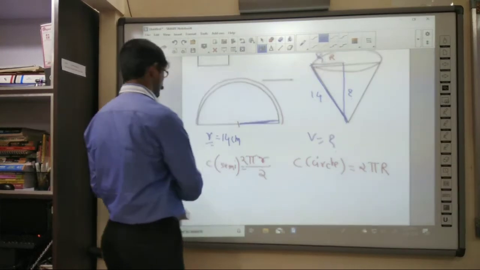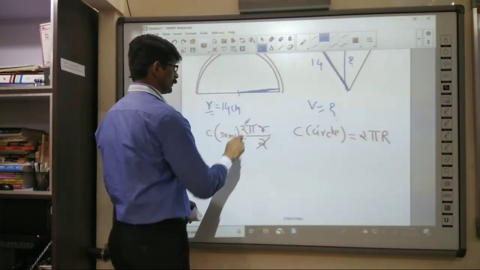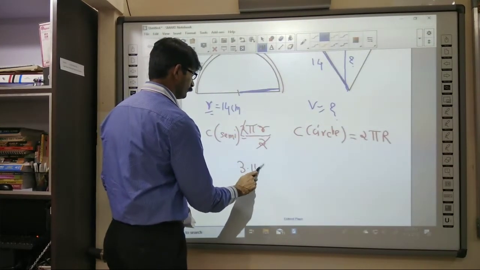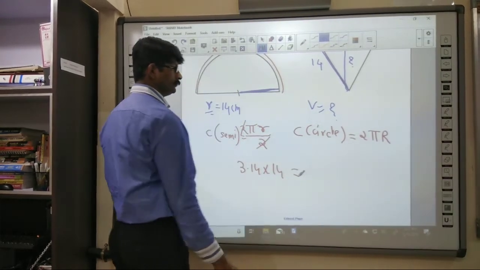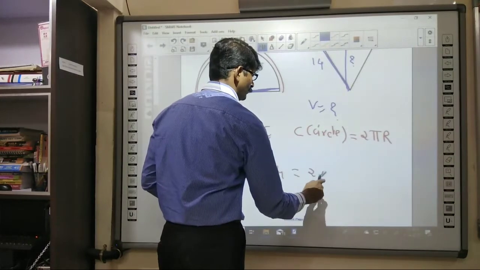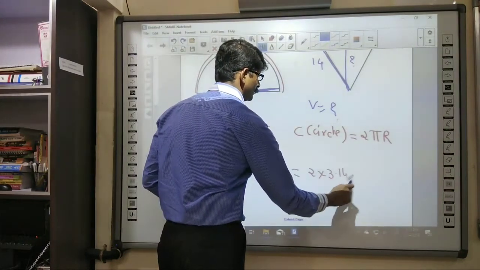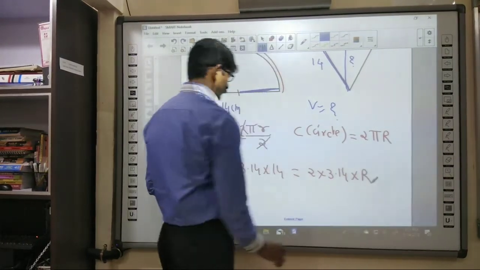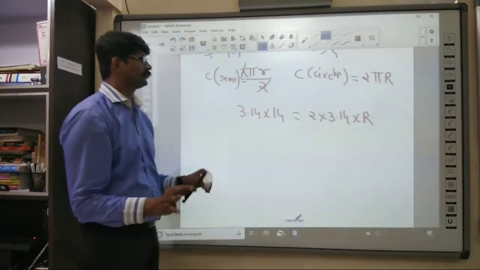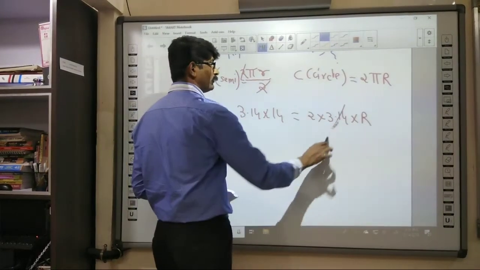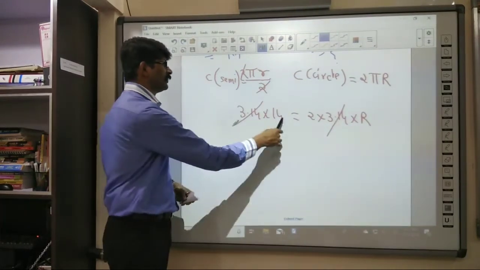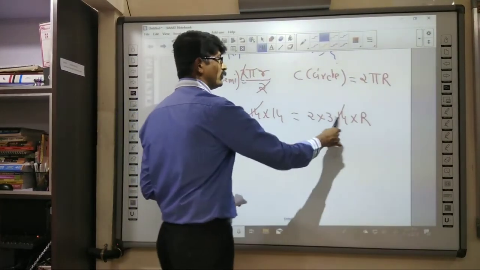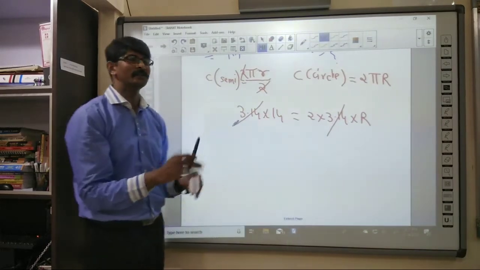And once you get this, it is very simple. 2 and 2 will get cancelled. 3.14 into the radius 40 equals 2 into 3.14 into this capital R. Now please understand students, this is very simple. This 3.14 and 3.14 cancel. What most people do is multiply this by 14 and then by 2, but you don't need to do all this. You have to always make